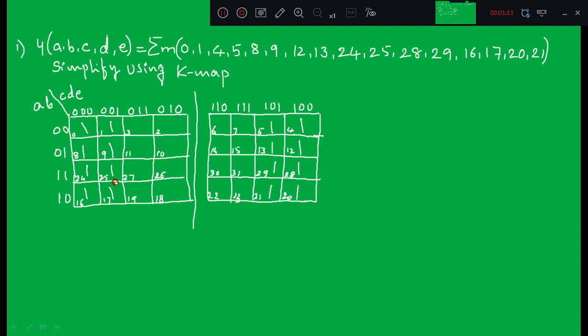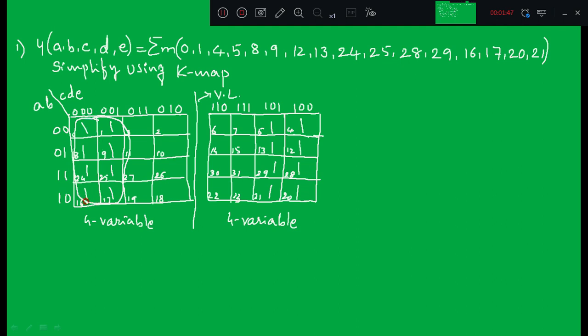As I already discussed in the last class, you have to group these minterms like a 4 variable K-map, right? So this is one 4 variable K-map, and this is the second 4 variable K-map. Then the second step is you have to fold along this vertical line, right? First let us group these 8 ones. All are physically adjacent as well as logically adjacent, so we will group all these 8 ones.